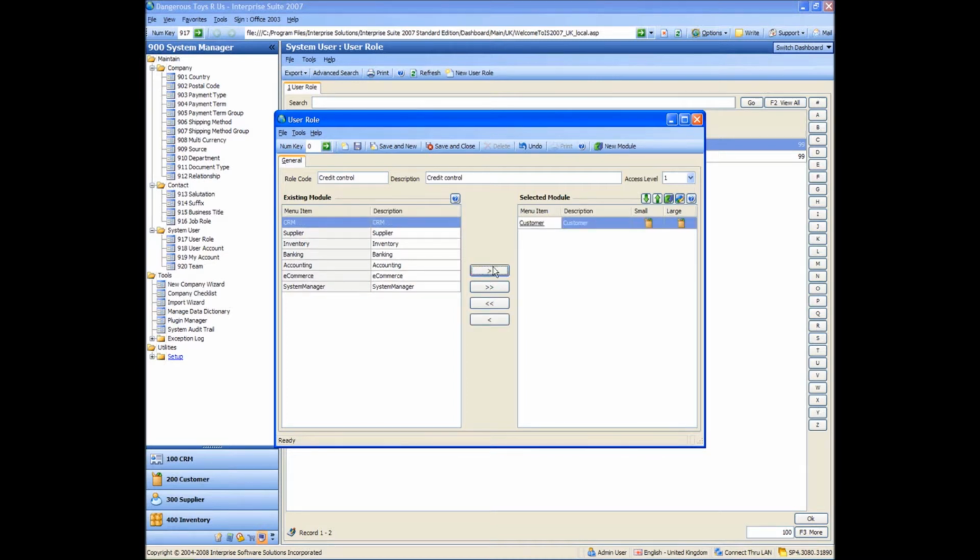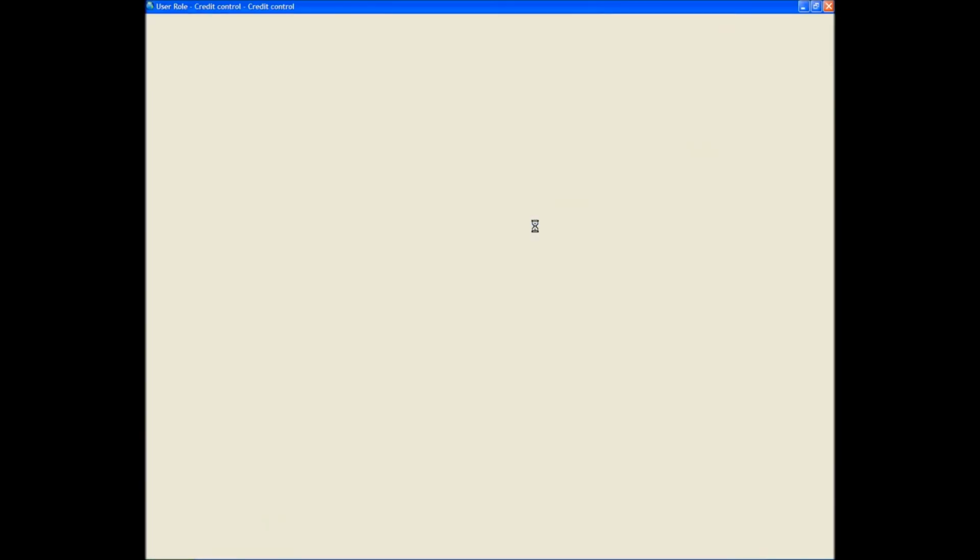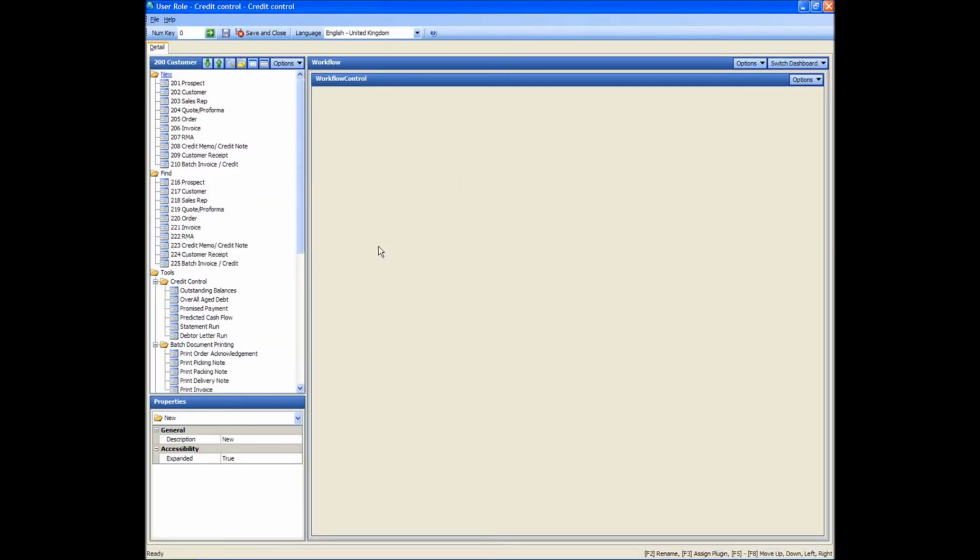And what we're going to do with the customer is we want to disable all of the options apart from find customer and the credit control folder. So if I double click on the hyperlink for customer, it will basically open the customer menu up. And then what I need to do is disable everything and then enable a couple of options. And the quickest way to do that is at the top we've got options for hide all